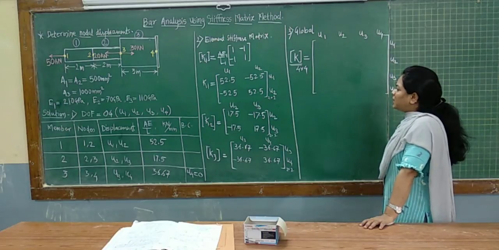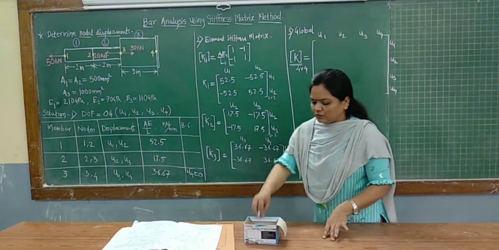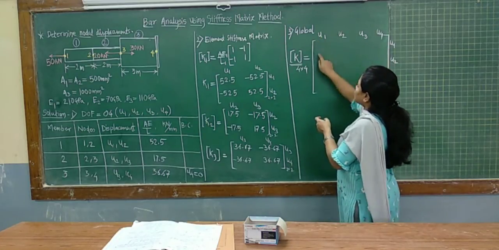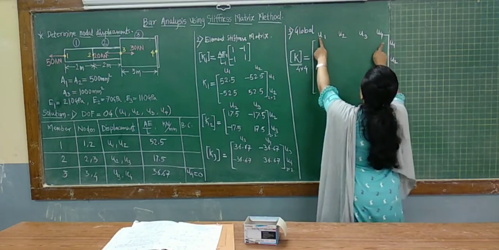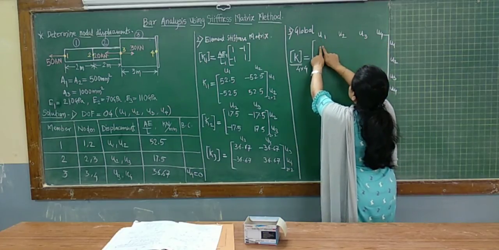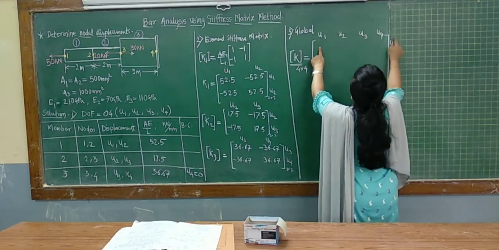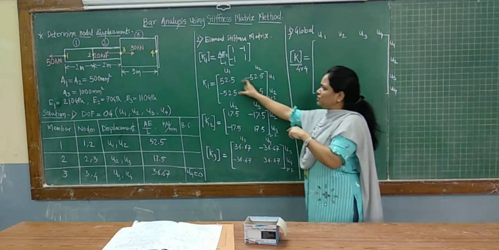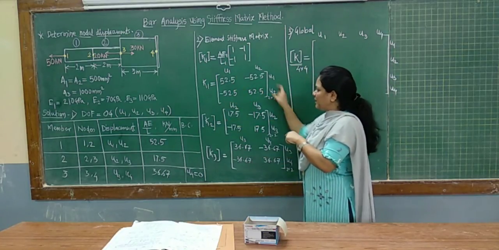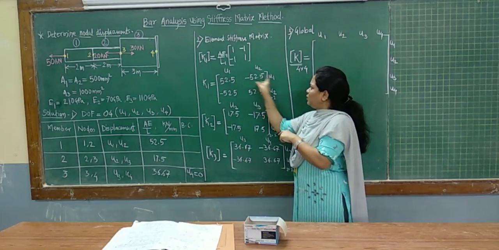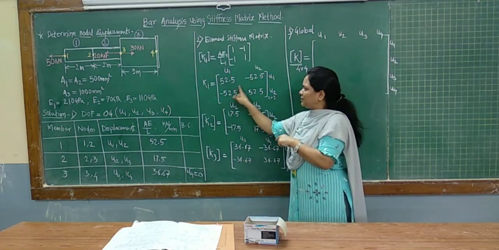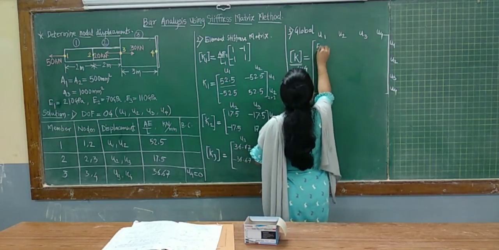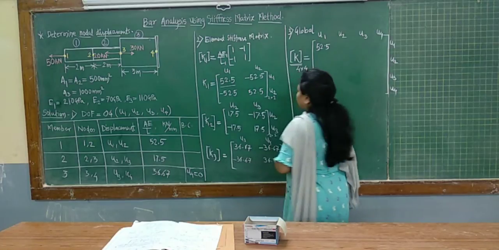Okay. So here we have to assemble those elements. So we will assemble now. So the very first element in first row, first column, is associated with these two displacements, that is U1 and the element in U1 row. So that element you have to see here in these 3 matrices, U1 column, U1 row. So this element 52.5. So this 52.5 you have to write as the first element.